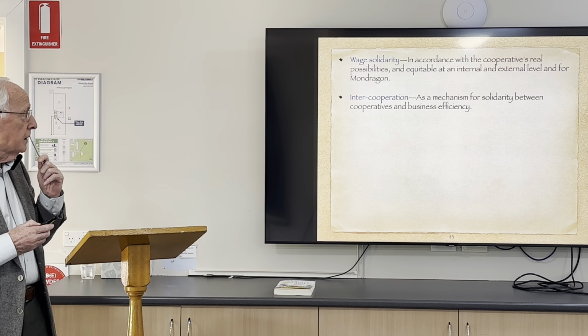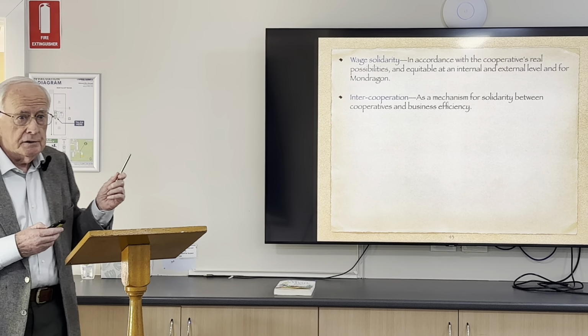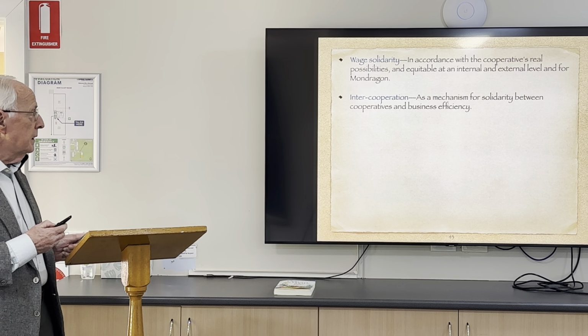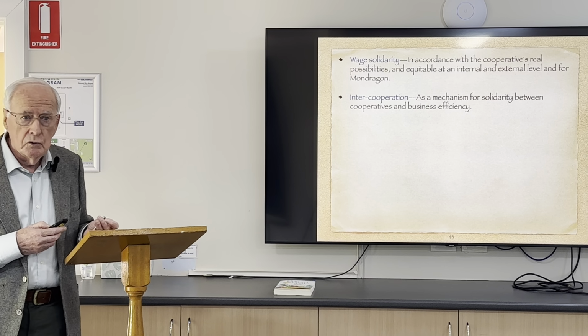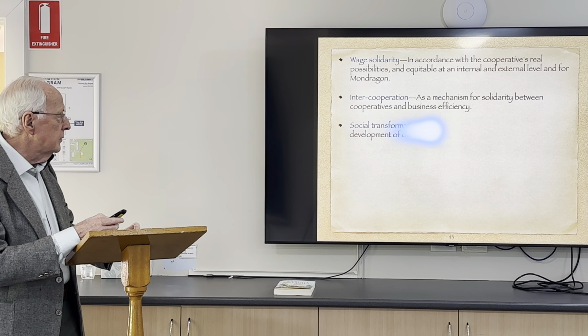Intercooperation is a mechanism for solidarity between cooperatives and business efficiency. So that if the 81 cooperatives, several companies in each of them, there needs to be this strong cooperation. They talk to each other, listen to each other. What we brothers have been looking at is generative listening and generative speaking, rather than trying to win and control others and come out with more money. It's not a matter of the money. It's a matter of the cooperation. It's a matter of the success of the business. What are we trying to do and how are we trying to do it?